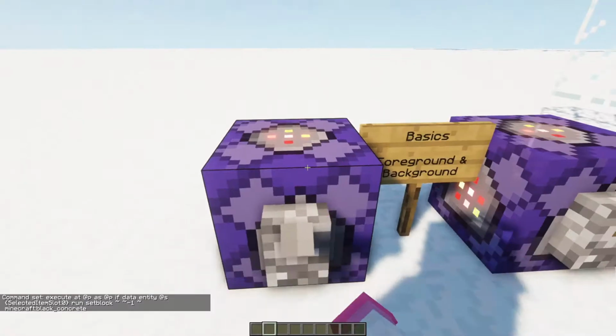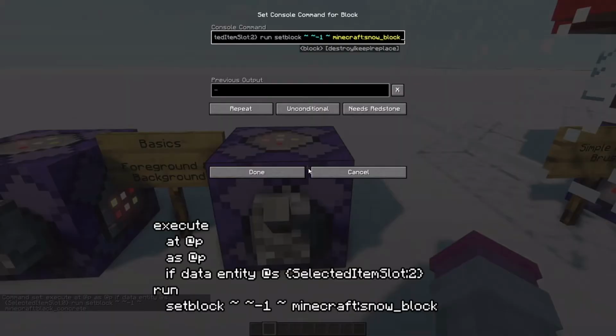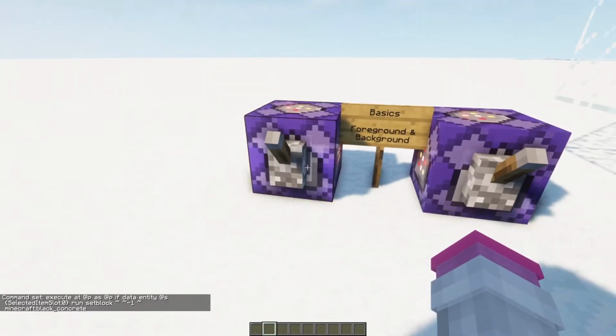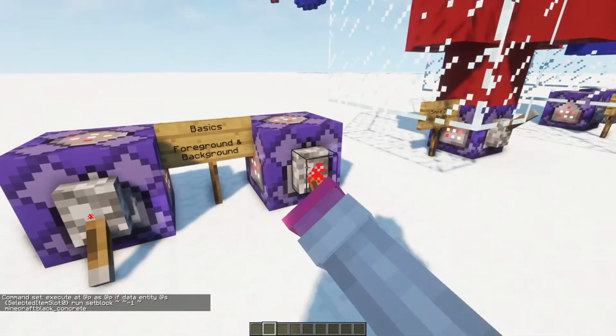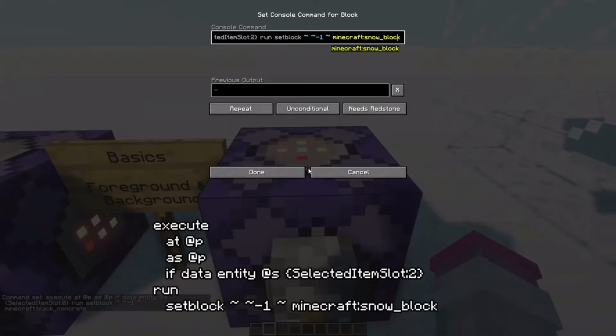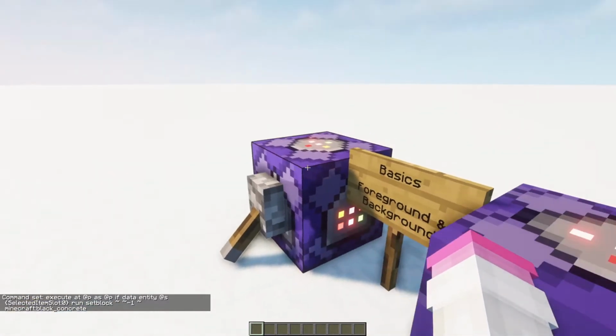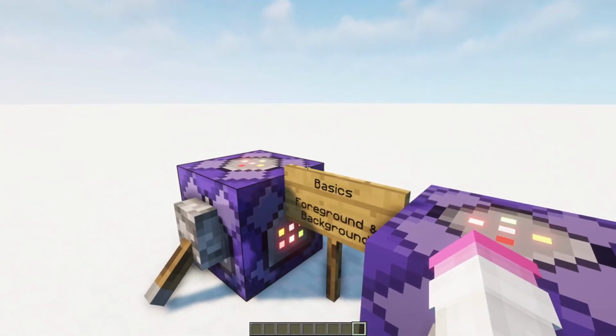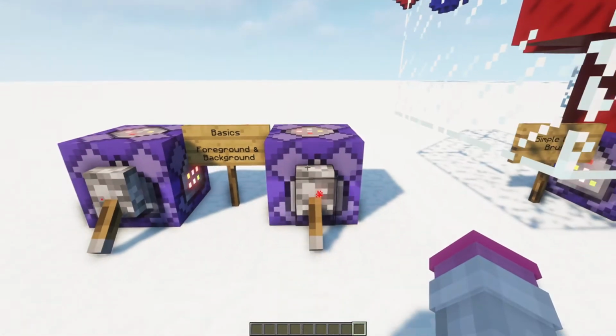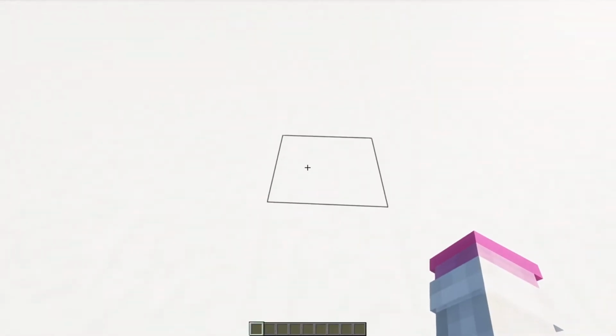set block underneath me, black concrete. So we're going to do the same thing with this one, only I'm going to do a snow block so that it matches the bottom. And if I turn these on, I've set this one so that the item slot is 2. So the item slots are numbered 0 through 8. And so that gives you the ability to specify which one you want. And now if I say 0, by clicking on my 1 to go to my first slot in my inventory,